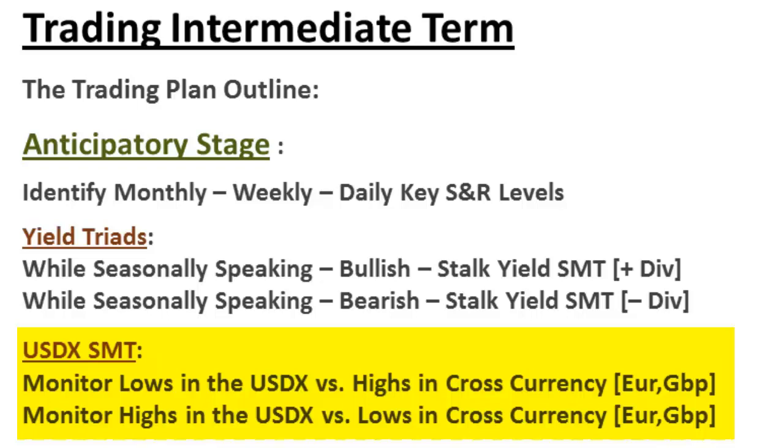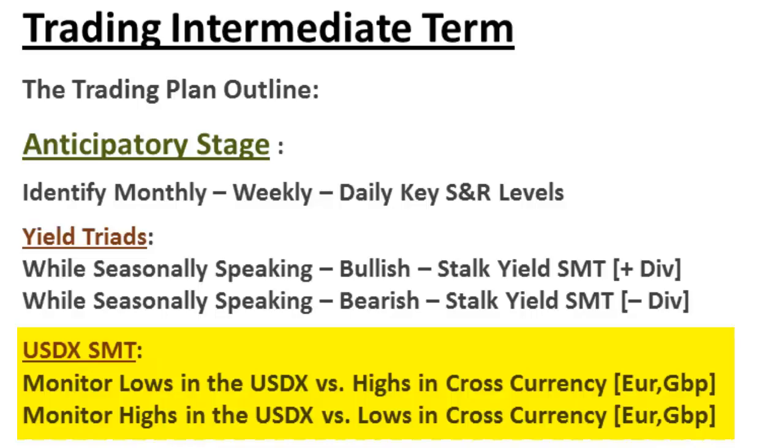The dollar index may be trading down to a support level and make a higher low when the cable and fiber maybe made a higher high. It looks bullish on their charts, but behind the scenes you can see that there's actually strengthening going on at a key support level for the dollar index. And again, the same thing happens if you reverse it.